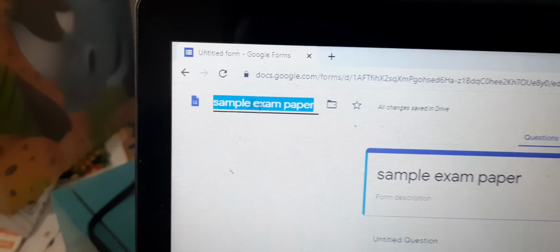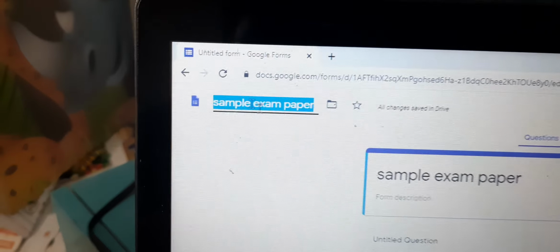So that's why we'll keep this question as multiple choice only, but we'll give only one option here, and we can write here more details saying write your answer in 3 to 4 lines in your notebook. So any additional information, instructions you want to give, you can give it here. And just continue to add another question here.